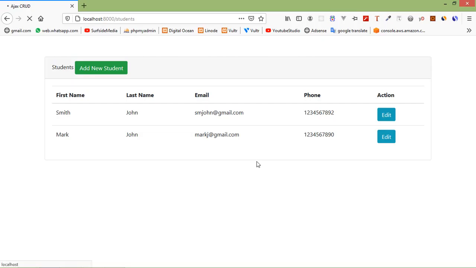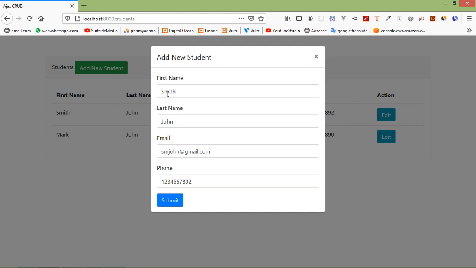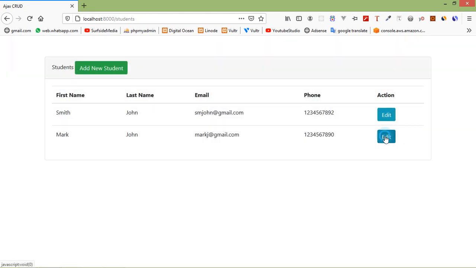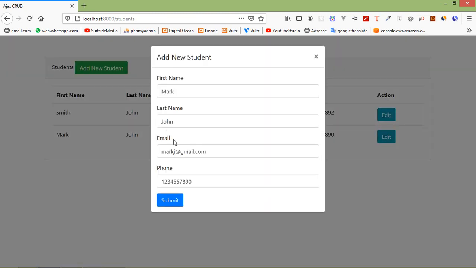So just refresh the page and now click on edit, and here you can see the first name, last name, email and phone. If I click here, you can see here the other record and this. Alright,